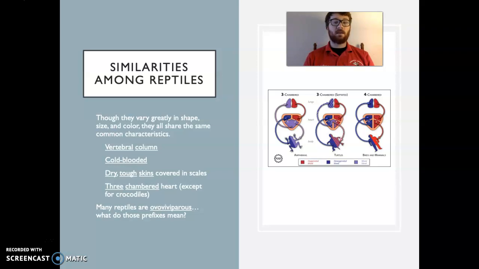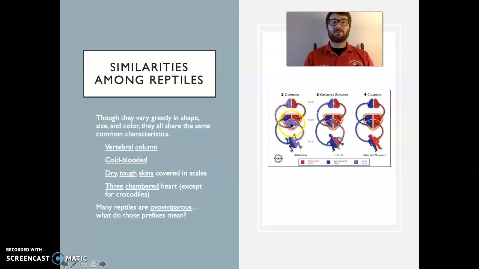Now, in humans, we have a four-chambered heart. We have two atria and two ventricles. Now, in most reptiles, amphibians, and the like, they have a three-chambered heart. Take a look at this picture. They have two atria and one ventricle. The ventricle combines